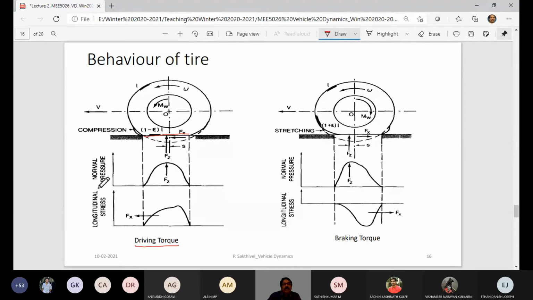If I take that as a rectangle shape in the top view, that's not drawn. And you see here, there is a distribution of normal pressure and the longitudinal stress. The normal pressure in the contact area is this Fz. It is not uniform throughout; it varies this way. At the edges you have less normal pressure, and at the center more. And that is not at the center of the contact patch, but slightly in front of it, on this side. And for longitudinal stress when you apply the driving torque, you see you have 0 initially, then it rises and then it drops down, right? We'll see how this comes.